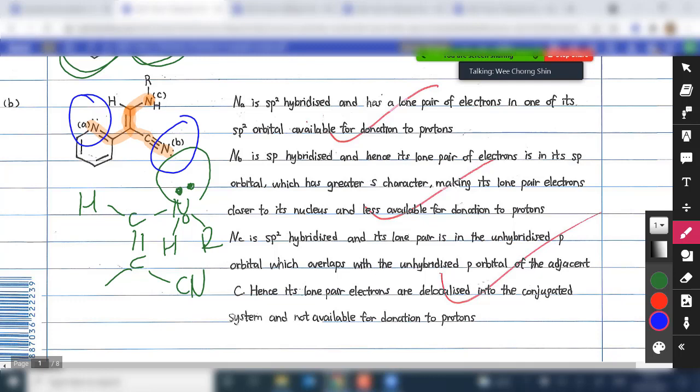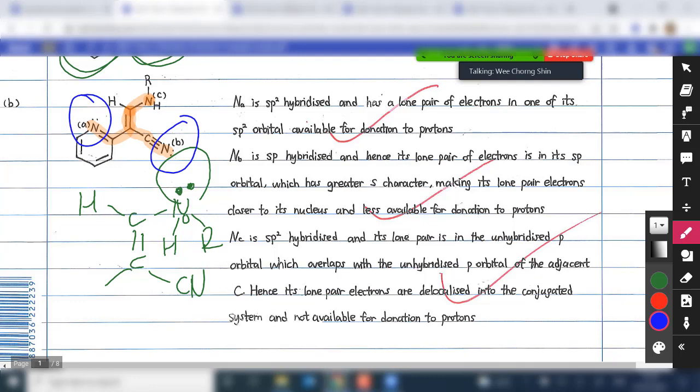When the percentage of s character is bigger, the lone pair on average spends its time closer to the nucleus. Therefore it is not as available as the sp2 one to coordinate to a proton, making it a weaker base. So with this explanation in place, you can easily argue